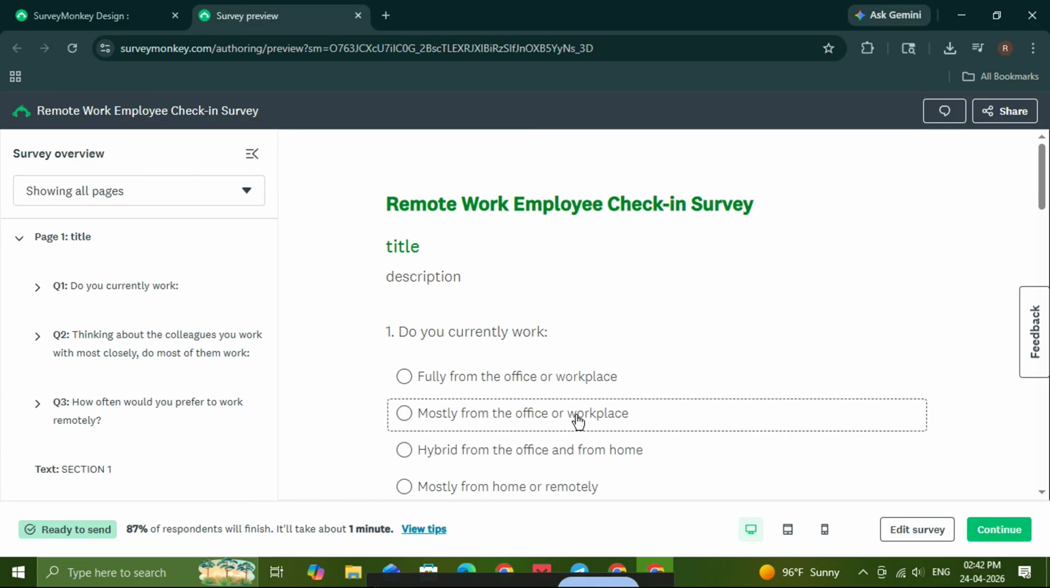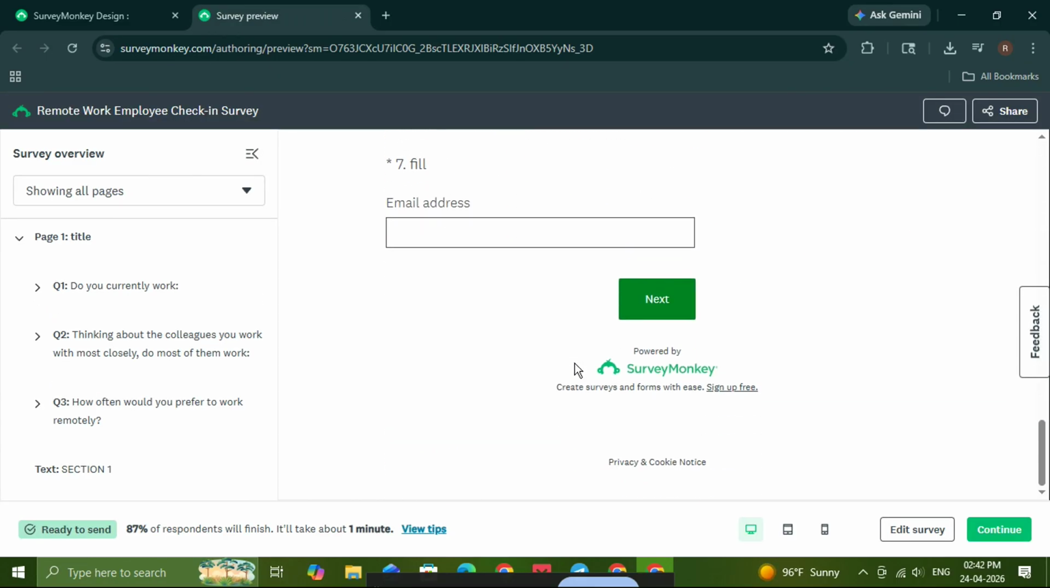And that's it. You've now learned how to add pages in SurveyMonkey and use them to build a more organized